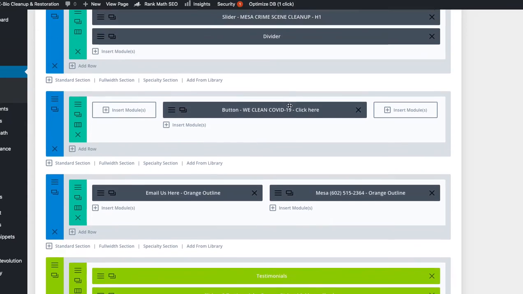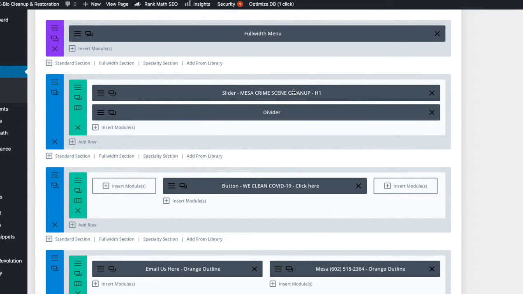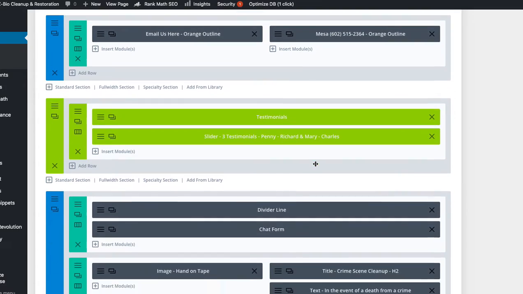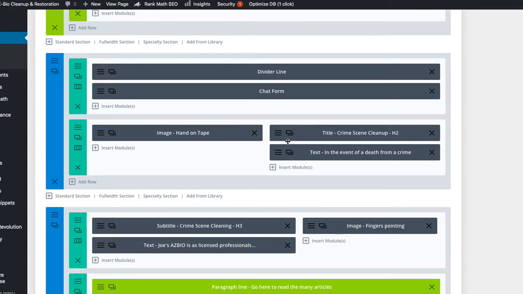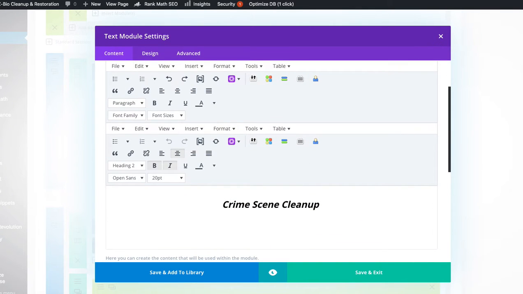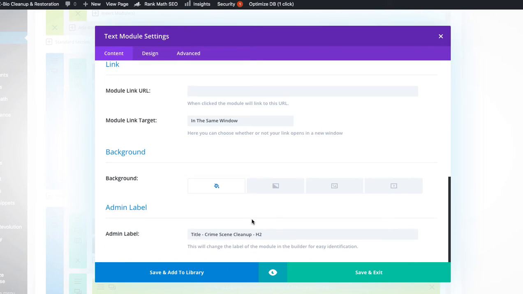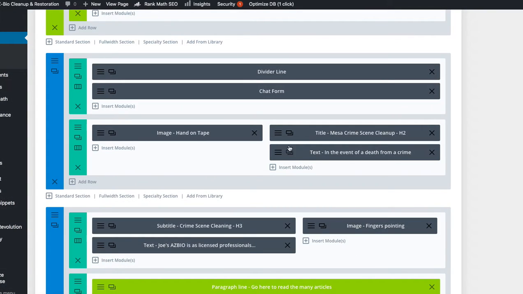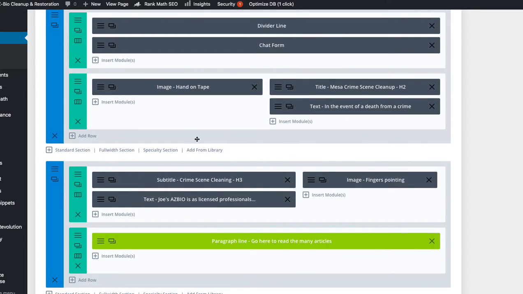So now we've got on our H1 tag as Mesa crime scene, telephone number is Mesa crime scene, and then I like it right here, which is our H2 tag, we need to change that and bring that up to put Mesa right here and leave her like that, copy it, and then bring it in here so it says Mesa on it, and that's the H2 tag. See right there, you can see it. Okay,